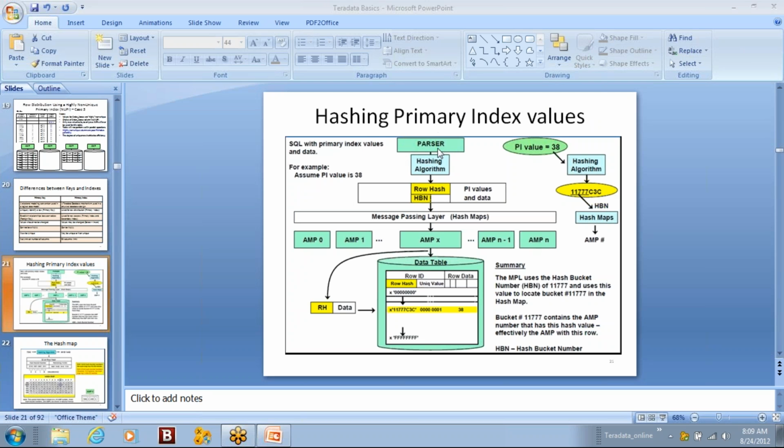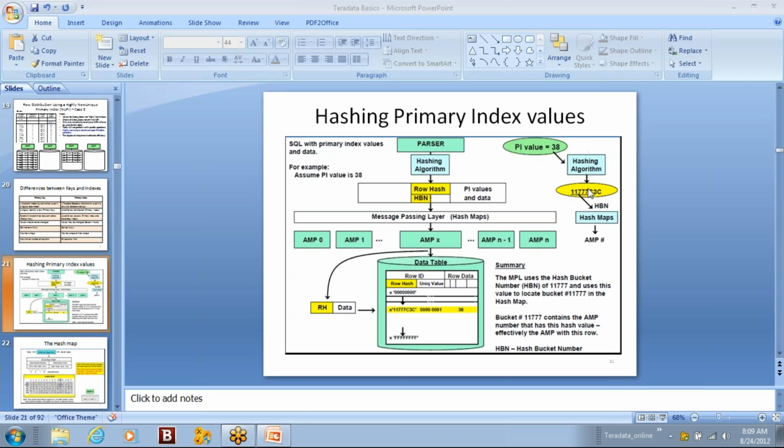First, the parser would take those rows, and out of that particular row, it will see the primary index value, and the primary index value is given as input to the hash algorithm. Okay. And the hash algorithm will generate a value called row hash. Okay. This is a 32-bit number.